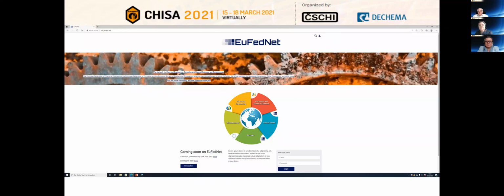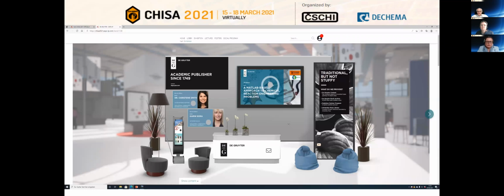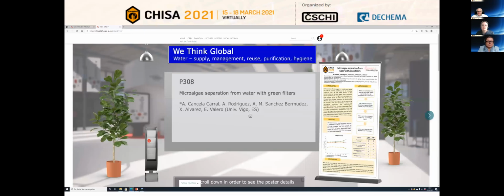Actually, the poster presentations are very unique in our system. We don't offer only poster displays in 2D format. What we really offer here are poster booths. And the poster booths look like this. You see the booth here. No, this is a real booth, so sorry for that. Let's go to a poster booth. This is a poster booth where poster authors can display their poster, of course, but also information material. And you have all possibilities here to display more information.